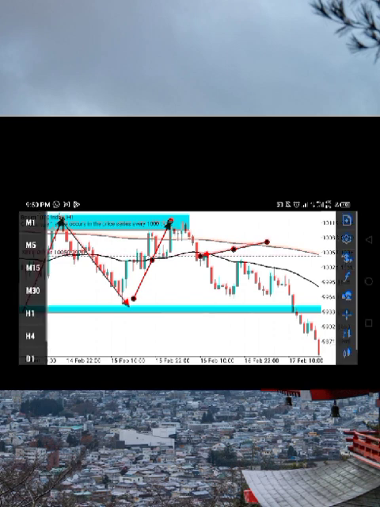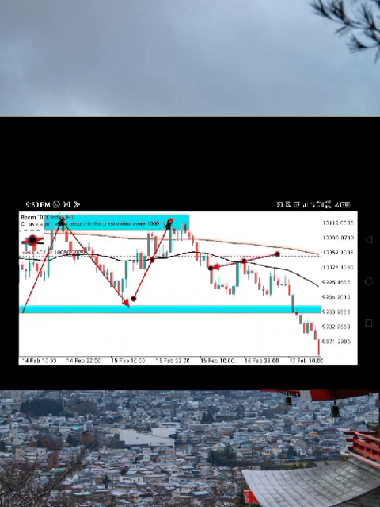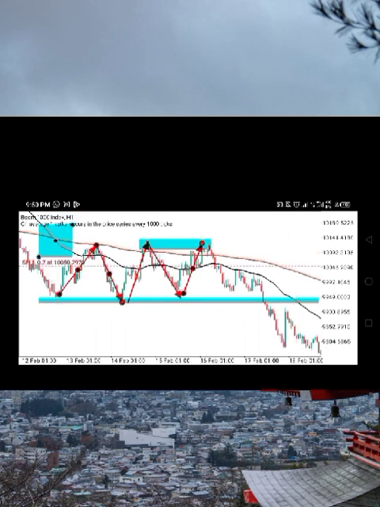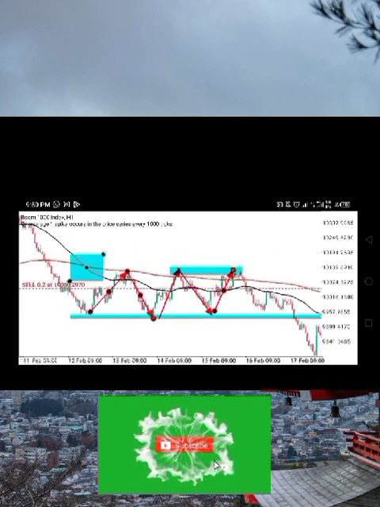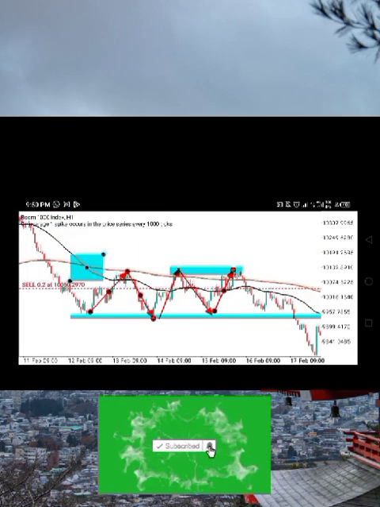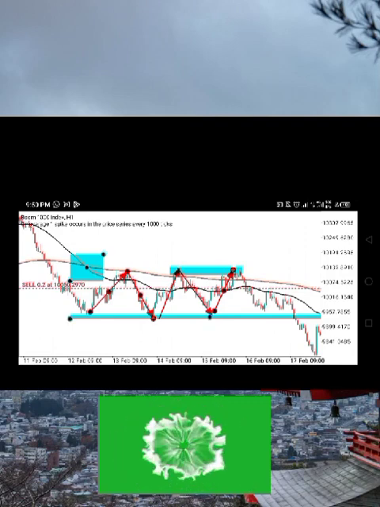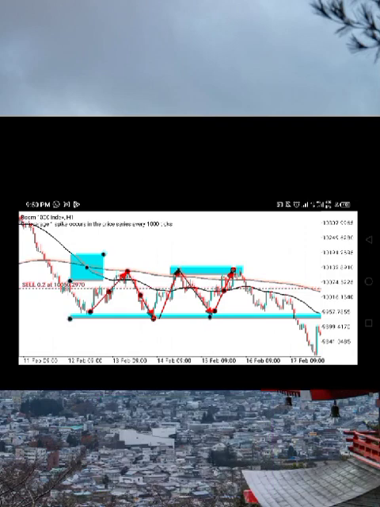The first reason is that, like I explained in the last video, it came and closed below this moving average 50, this EMA 50. Now, that might not really be a sure way of analyzing and entering the market. What I considered was that when you look at this consolidation, you see that the market came and tested this support